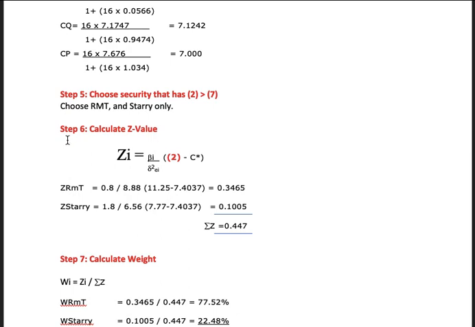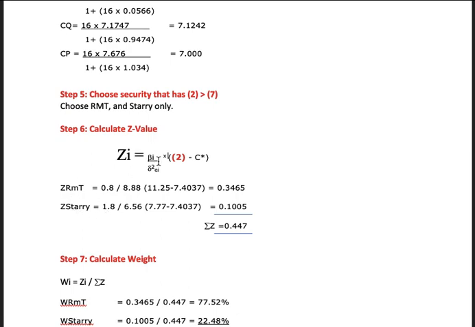Okay, and then the next step, step number 6, is to calculate the Z value. So Z value Zi is equal to beta I divided by the residual variance, okay, divided by the residual variance times, okay, ini darab multiply with the column number 2, excess return minus the C star. So here, that's why kita nak kena tanda the C star just now. Kat sini kita nak tolak balik dengan C star. Okay, so the Z value yang kita akan calculate only the selected, for the selected security saja. Okay, so just now we selected RMT and Starry. So now you are going to calculate the Z value for RMT and